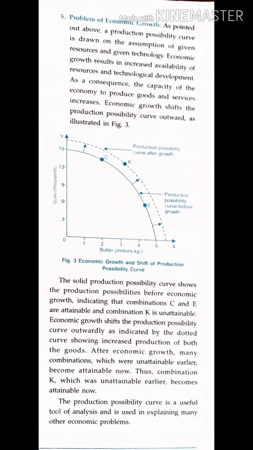So my production possibility curve will improve if I improve my technology, or if I increase my resources. Now here if you can see, I can touch point K, the one which was not attainable earlier. Am I clear? So this is the effect of technology. Do remember, you may be asked a special question: what is the effect of technology improvement in case of the production possibility curve? So what you will say is that it shows the upgradation, and you will draw this diagram also. Am I clear?